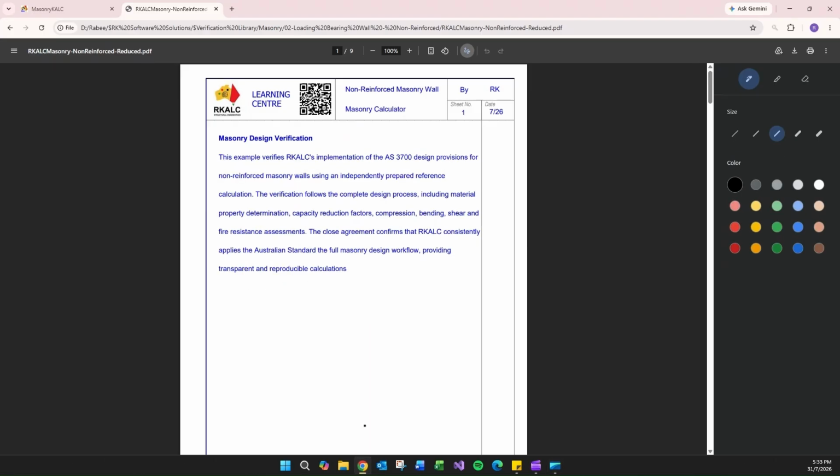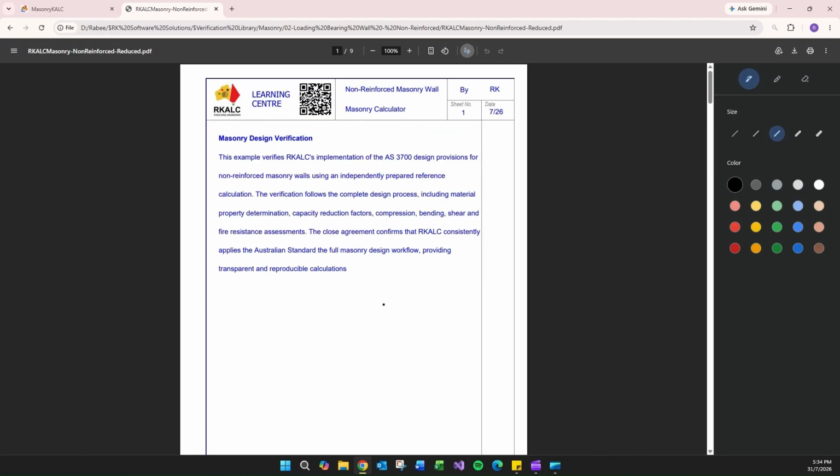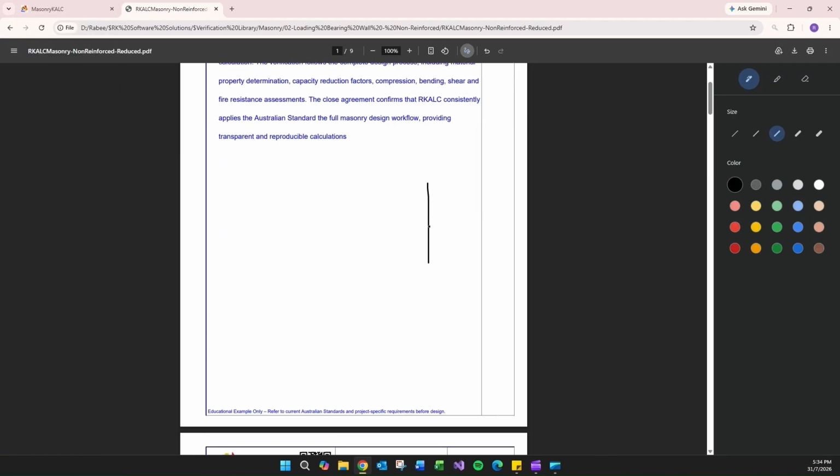We are talking today about a masonry application under the sidebar there. It is a very important and productive web app that gets you the compression capacity, bending capacity, shear, as well as fire capacity of the wall for the typical day-to-day block work that you see every day in the industry. The wall in question is one linear wall that is 2.8 meters high, and the block work is